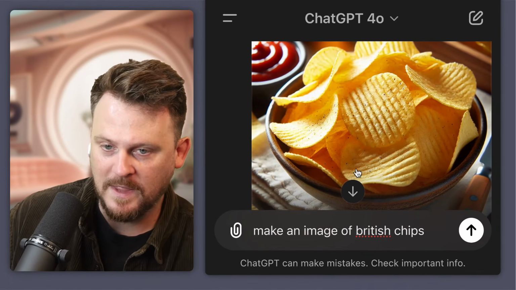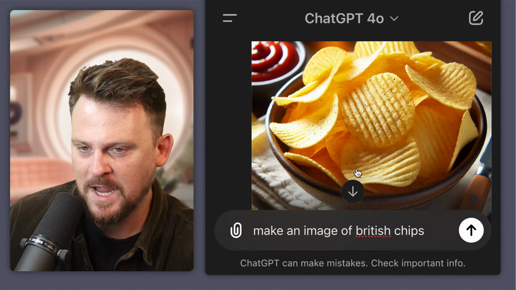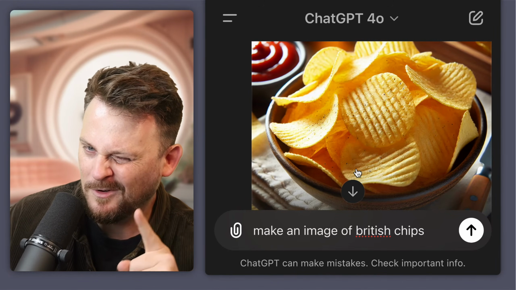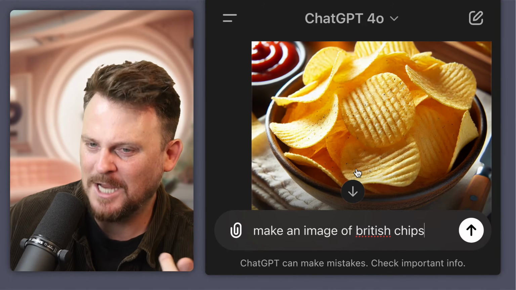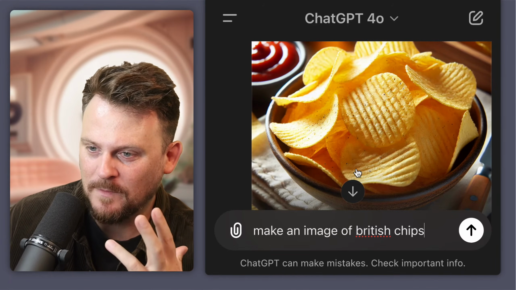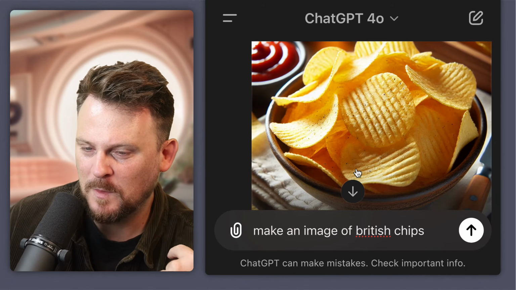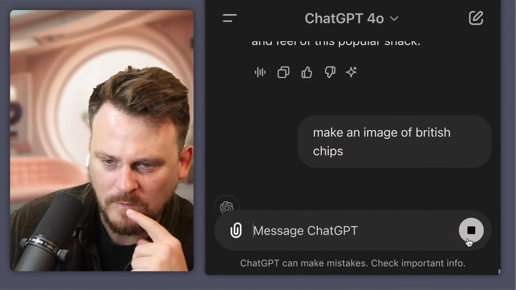Ah, there we go. Okay, that looks like American chips. You buy that in a bag. You might have them in a bowl. I don't know that you would put ketchup beside that. You wouldn't use ketchup with those. Usually you just eat them or dip them in. Sometimes people dip them in sour cream.